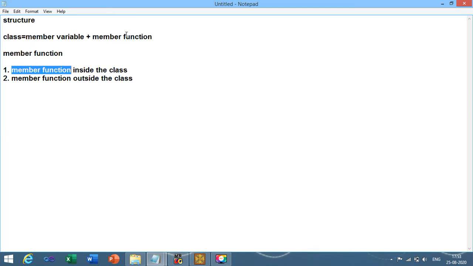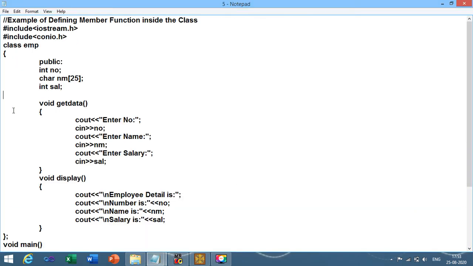The member function is part of that particular class, that means inside which it is declared, that function is known as a member function, which belongs to a particular class, but it must be a part of the class. So let me share the first program of inside the class, which we completed in our previous session.